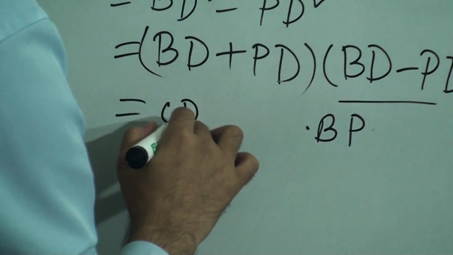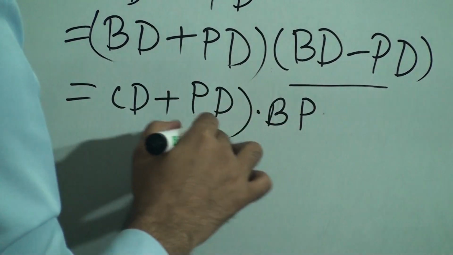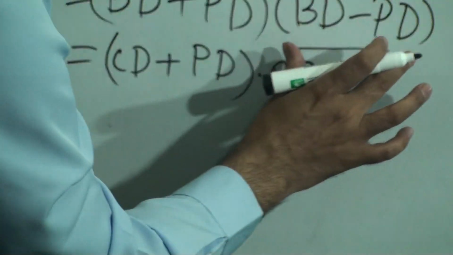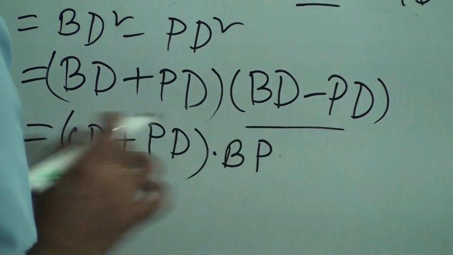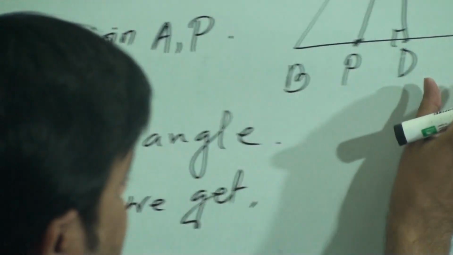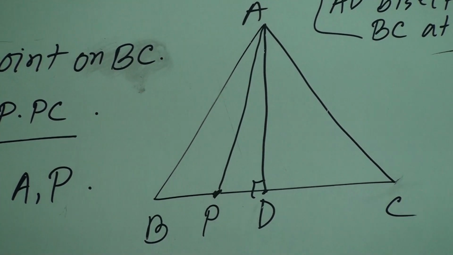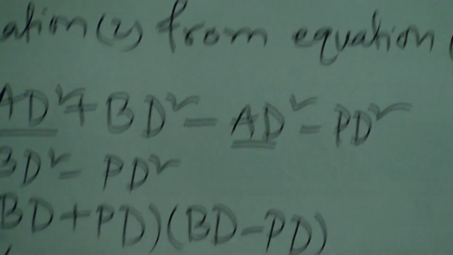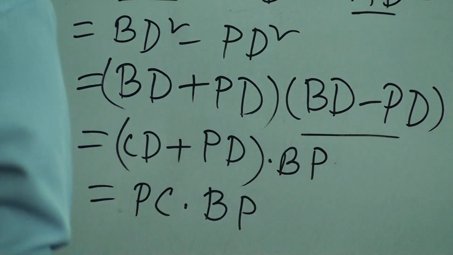So we can write here CD plus PD, and from the other factor we get BP. Now we can see the figure. CD plus PD means PC. So from the figure we can write PC into BP, and we can give a side note here